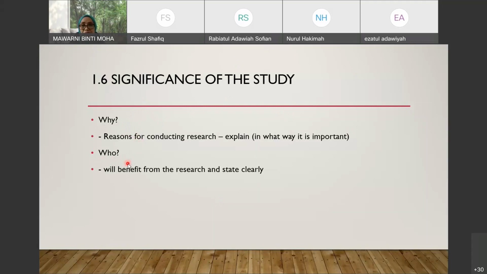Therefore, you must explain in what way this research is important. That is your contribution to several aspects, your contribution to the body of knowledge. For example, you are talking about the importance of multimedia or arts in developing social skills, maybe. So you think it's very important, that is significant. What you do is small but significant, right?